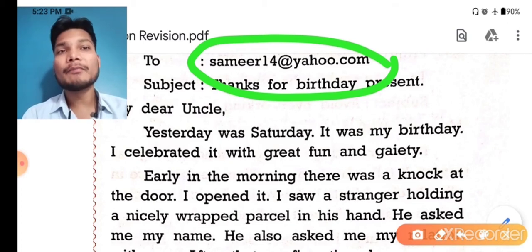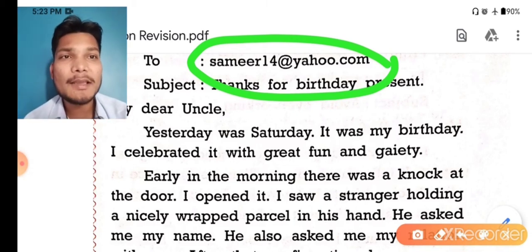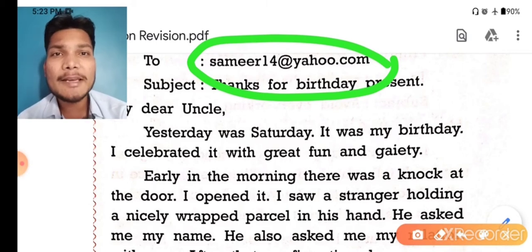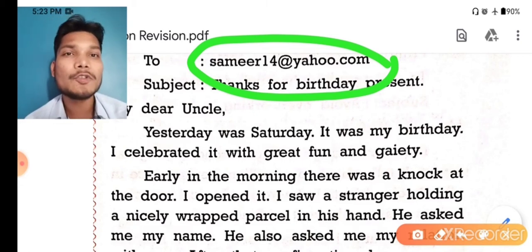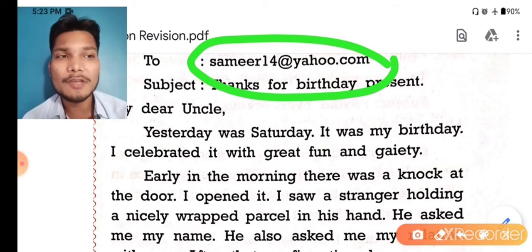What I want to explain is this. The email ID should be written in small letters. Don't use capitals, and don't use space while writing your email ID, okay. That is the main thing. You have to write your email IDs only in small letters. You can't use any block letter in your email ID, okay. That is the main mistake you are making. Even in your test you made this mistake. So please, while writing your IDs, don't use any block letter. That is the thing that I want to tell you, okay, fine.